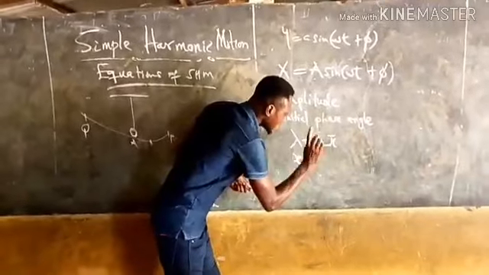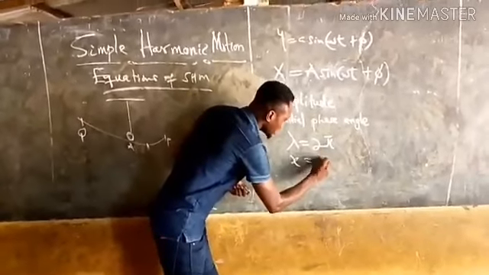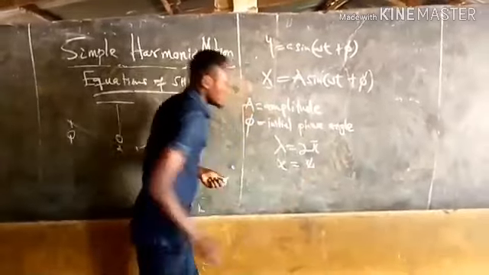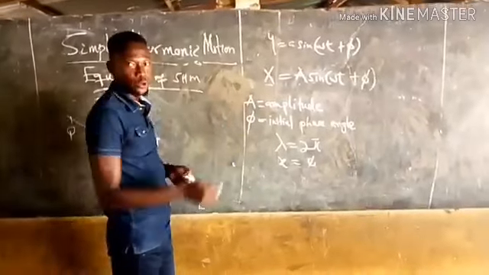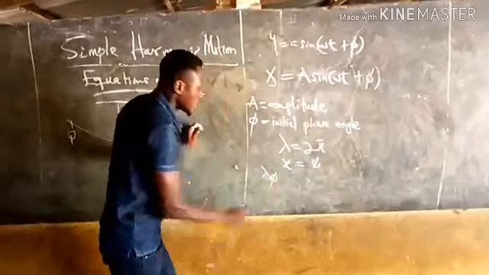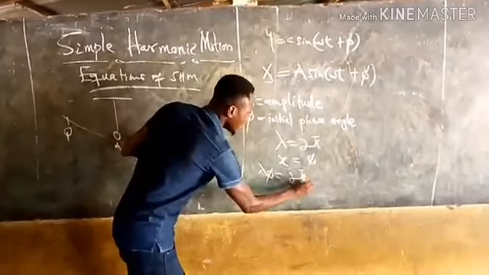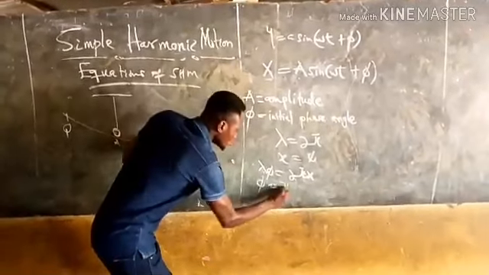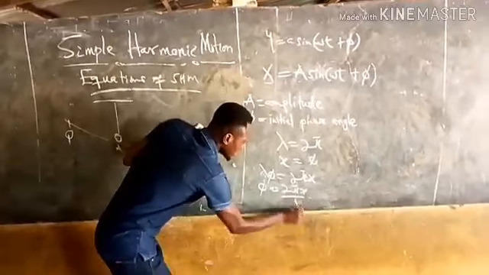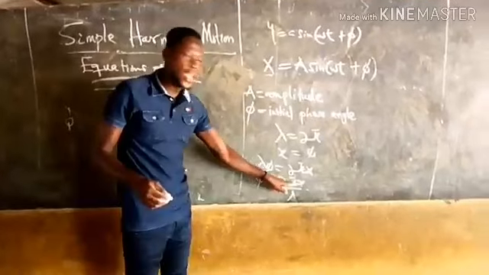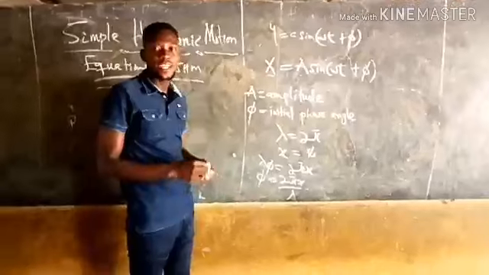So we don't know that exact angle. So let's use the question mark. So how do we solve for φ? We cross multiply. So you are going to have λφ equals 2πx. So φ will be equal to 2πx over λ. So this is the formula for initial phase angle, 2πx over λ, which is defined as a fraction